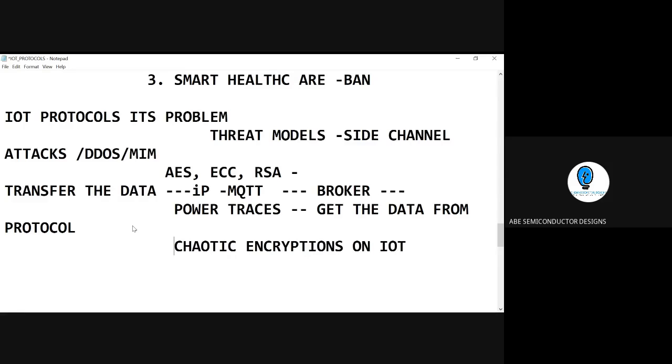This is particularly suitable for all kinds of important messages, because in MQTT we transfer important messages. We have a new protocol called chaotic encryption on IoT. I'll explain this mechanism, and then I'll explain how to integrate it on a protocol. So before moving into this chaos, let me explain the point of what chaos is about.